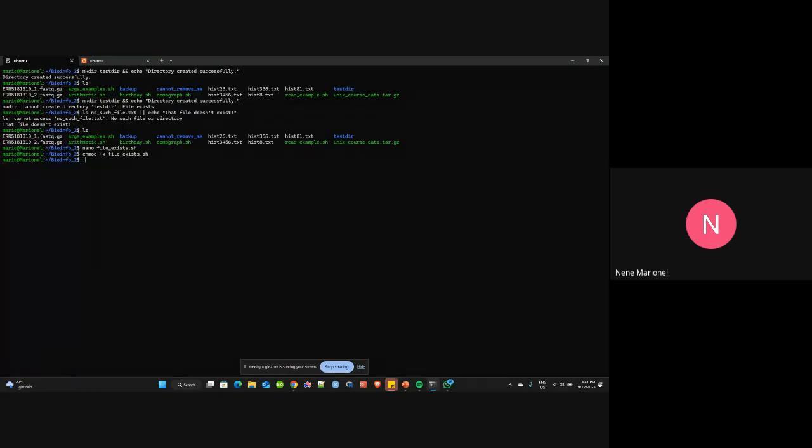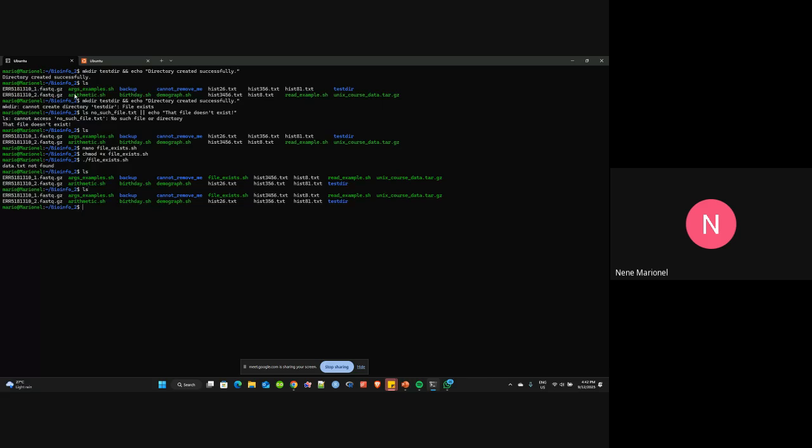Okay, so if I run this file, a quick explanation of what it does is that it checks if data.txt exists. So if it finds data.txt in my current directory or the path that I specify, and if I don't specify a particular path, it just works within the directory I'm in, which is bioinfo2. So if it finds it, it tells me it's present. If it doesn't find it, it will tell me that it's not found. Okay, and I can run that. And I actually do not have anything that is called data.txt. That is why when I run it, I get